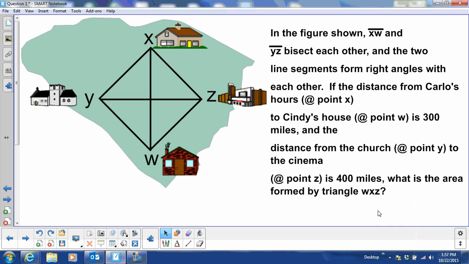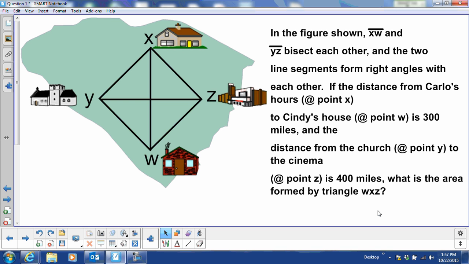All right, so this problem says, in the figure shown, segment XW and segment YZ bisect each other, and the two line segments form right angles with each other. If the distance from Carlo's house at point X to Cindy's house at point W is 300 miles, and the distance from the church at point Y to the cinema at point Z is 400 miles, what's the area formed by triangle